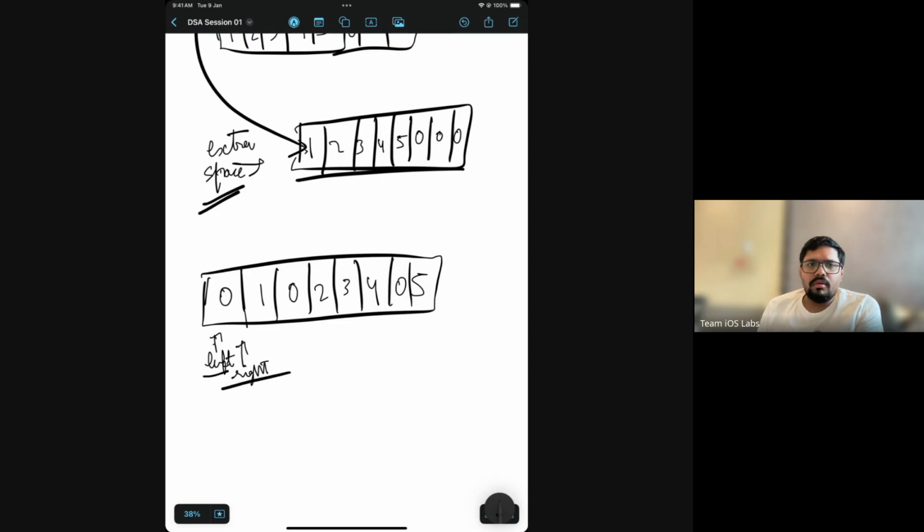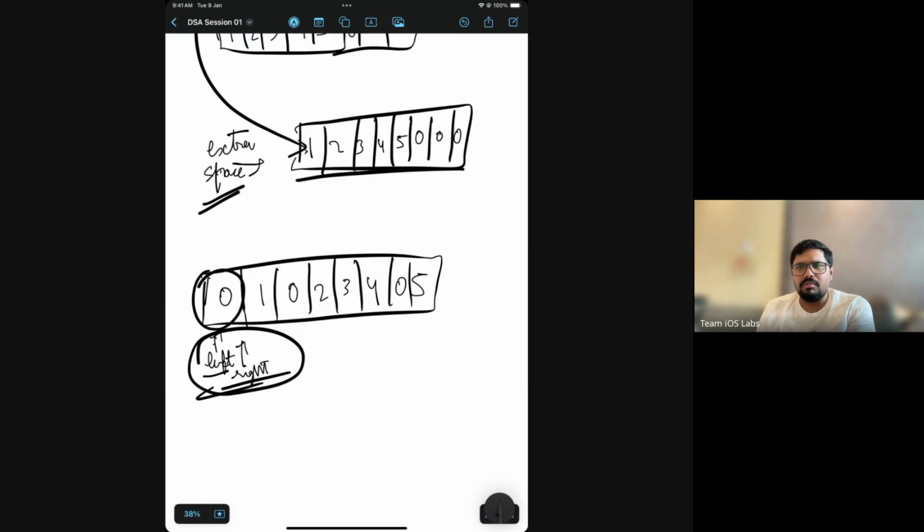What we do here is identify the non-zero elements, and whenever you get a non-zero element, you replace it with the zero element at the left pointer. So see how it works. Initially the left and right are both pointing at the zeroth index.